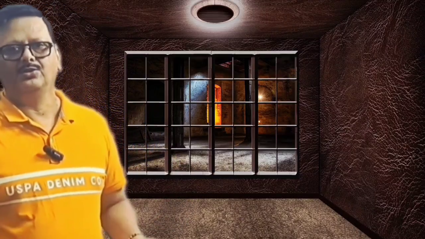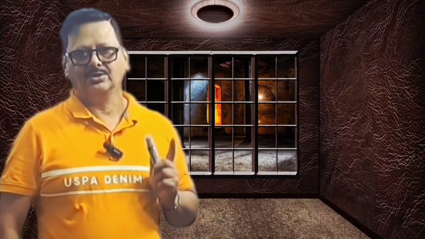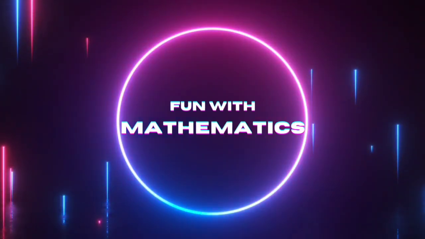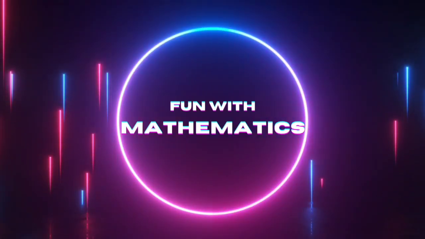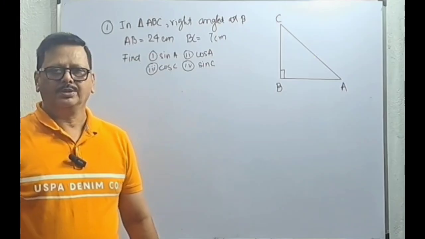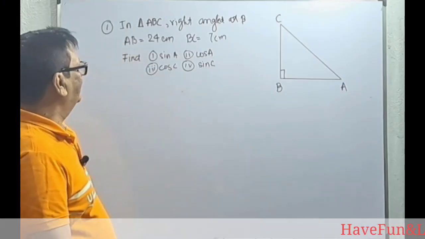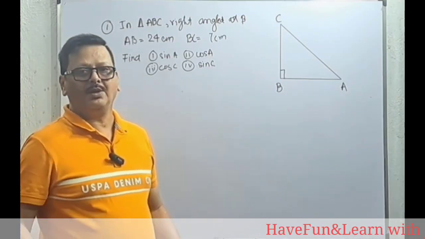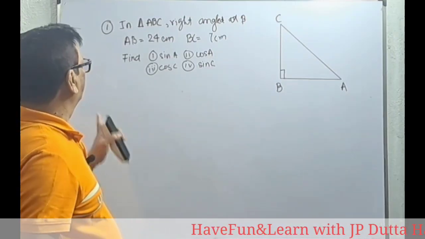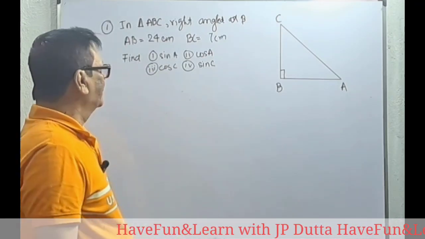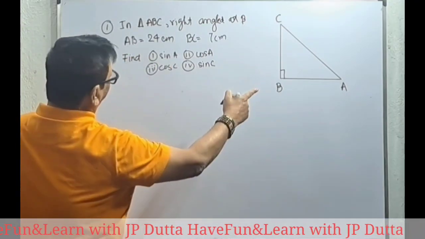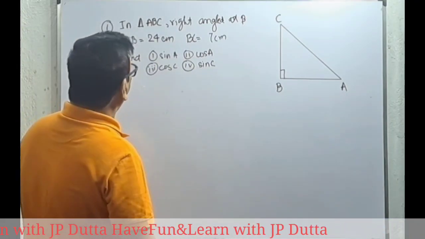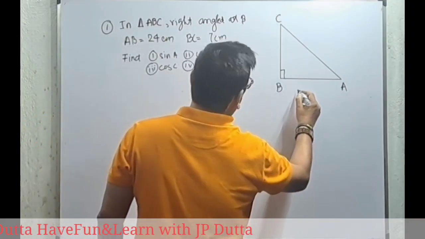So we move on to hunting apparently looking monsters, right? Let's go. Yes, welcome to fun time, and we solve our first problem today. This guy looks pretty innocent. Let's see. Okay, see, the problem says in triangle ABC, right angled at B, AB is 24